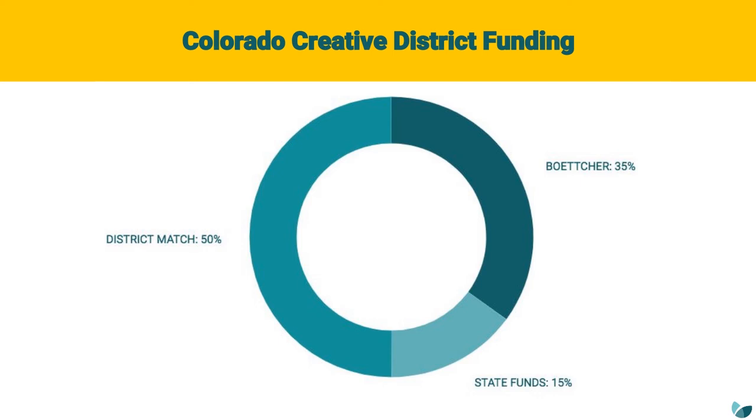In the beginning, our funding was only for a 3-year period of time, and it started out at a higher amount, and by the 3rd year was down to a lesser amount because we wanted the districts to be financially independent and sustainable. We did not want them to be dependent upon us into the future.